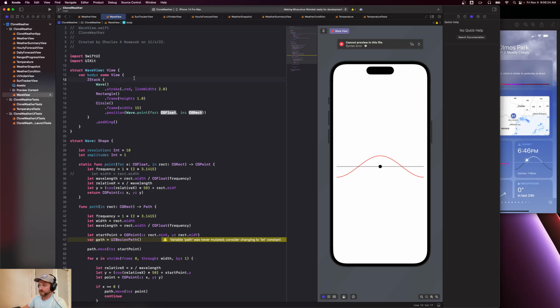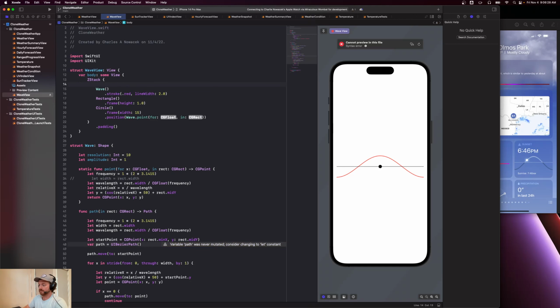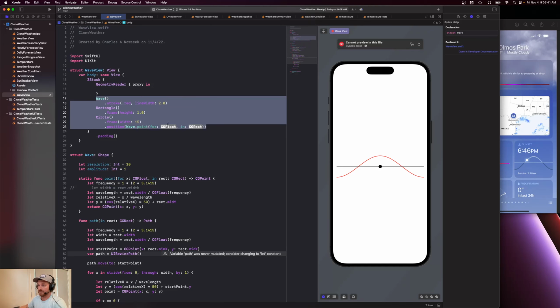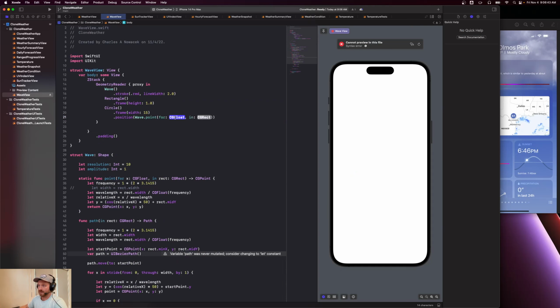Here, we're going to need our handy geometry reader. So we'll do a GeometryReader with a proxy, GeometryProxy. Whoops. And for proxy dot,